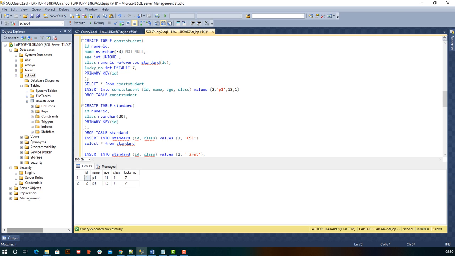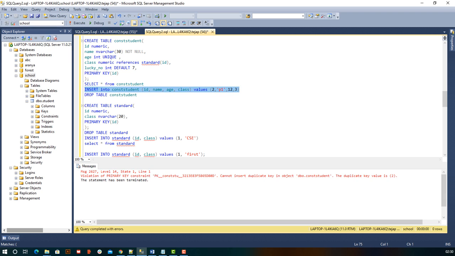Now if I say I want to have a student who is in class 3. Okay, now let's execute. So it is giving me a duplicate error. Okay, right. So first we need to have a different primary key and different age. Now this student whose name is P2, or even I can keep P1, but it's fine. I want to create a student P2 who is in class 3. Now if I execute, it will say that a foreign key constraint is violated.